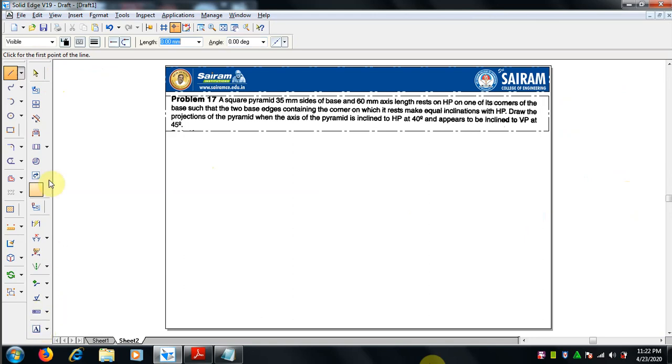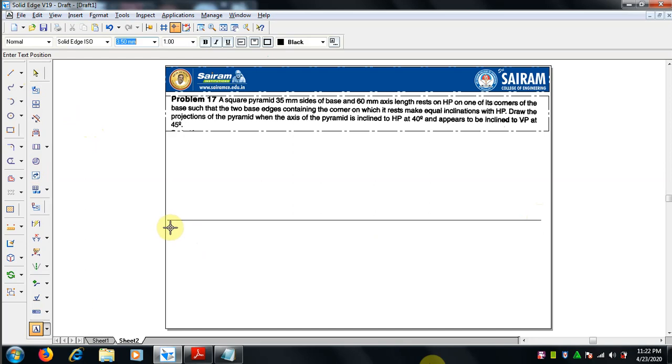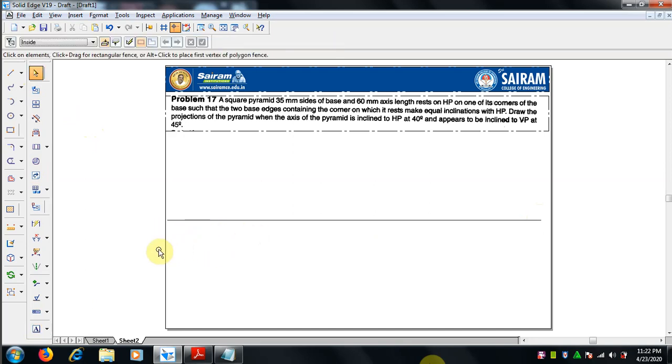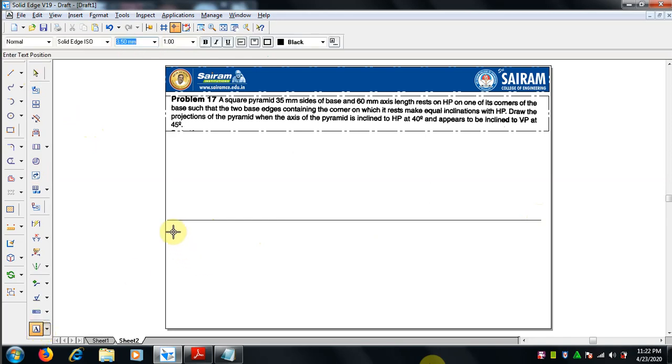First we will draw a reference line XY. Select 0.13 mm thickness by using the line command and the text command. Let me write X and Y for the reference. You can use a point size of 2 for visibility. Above the reference line is the vertical plane VP and below it is HP, which we will mention.